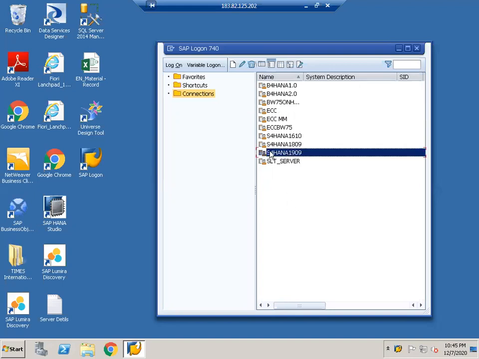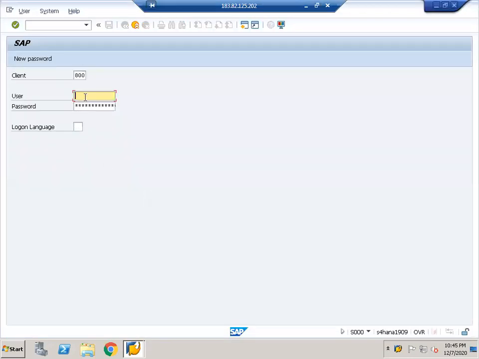When we select the server, it will ask for the user and password. You see, it is showing client 800 because the 800 series is assigned to training clients, like we just discussed, right?